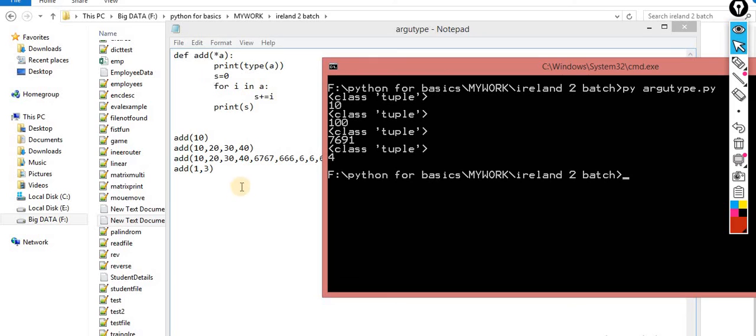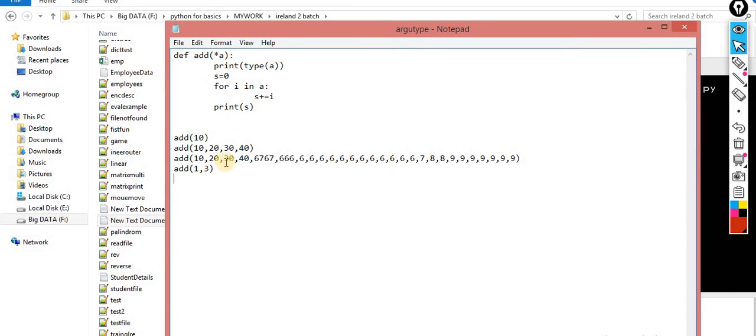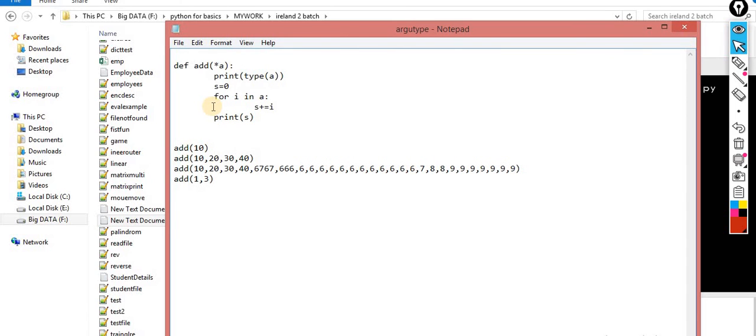I will show you a real-time example for the same. Now the next one is the last category, that is variable length keyword arguments. How can I define this?